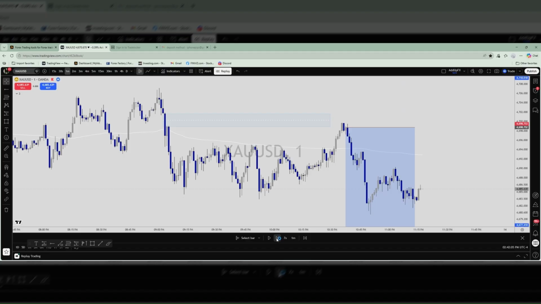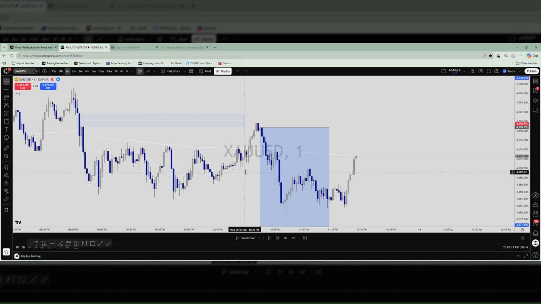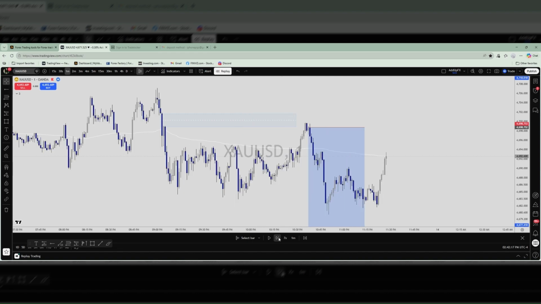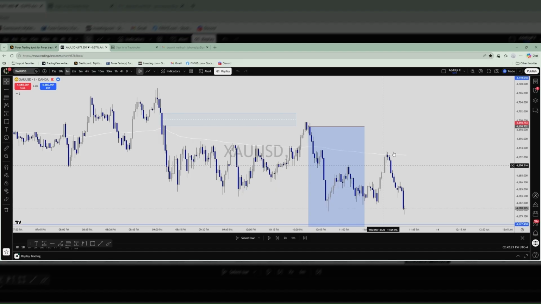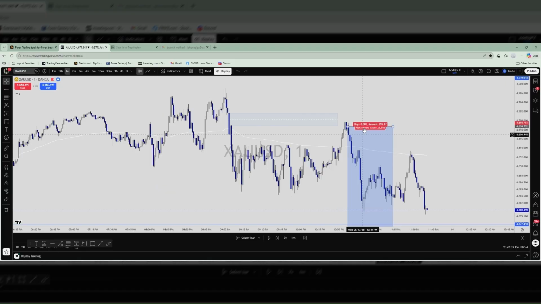This really pissed me off. Right here, I walked away. I'm like, set and forget. I walked away, so I'm gonna run it. I ain't see none of this, because I'm already irritated at this point when it came back up here and took this internal high. It's respecting the VWAP, sure, but it's irritating to me because I felt like, look how hard it fell, and then it started BSing.